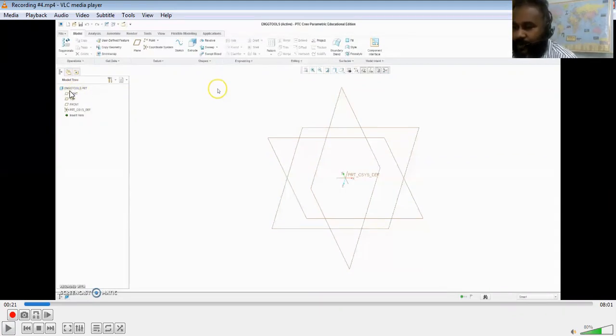If you have seen here, we have created a part named engineering tools.part, and you can find it right there, next to the extrude and other options that we have used so far. So we have a package of engineering tools which we are going to see one by one. To start with, we are going to use